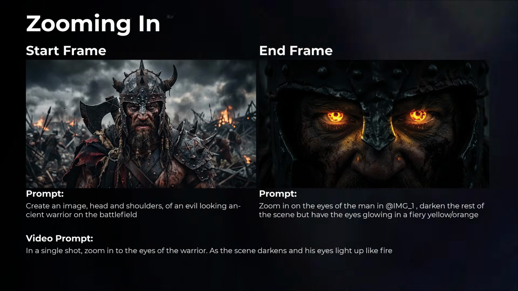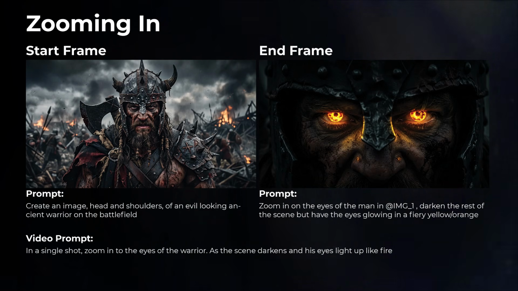And that's a subtle zoom and angle change, but what if we wanted a more dramatic zoom? I mentioned in the end frame I want to edit to zoom them into the man's eyes and darken the scene, so changing the lighting as well. And I can also add eyes glowing in a fiery yellow-orange,